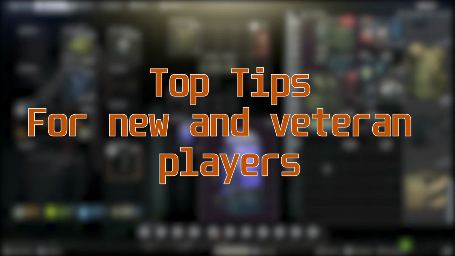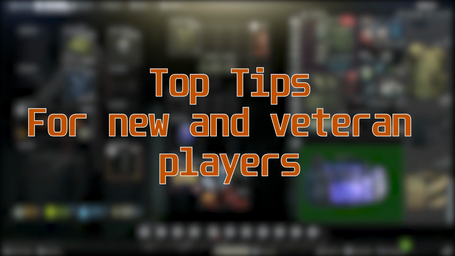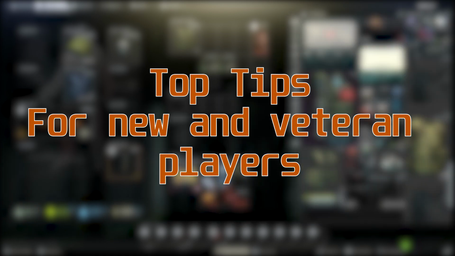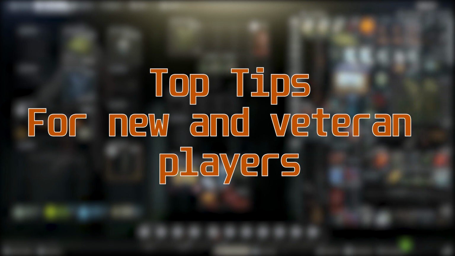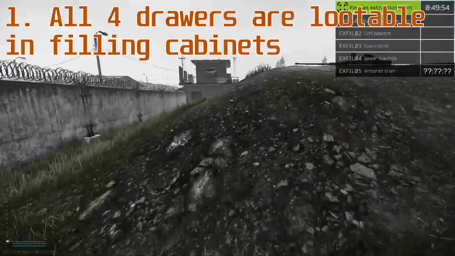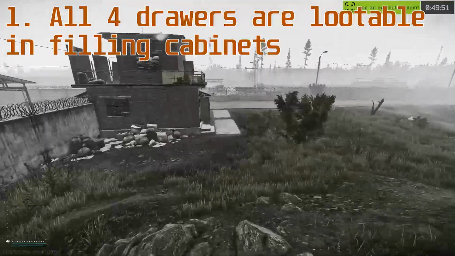Today we're going to be looking at top tips that you can use as a new or veteran player to help you in your raids. These tips are going to cover in-combat scenarios, stash management, and how to help you start leveling soft skills from the beginning. The first tip, and it's one of the most common ones I see new people on the Reddit